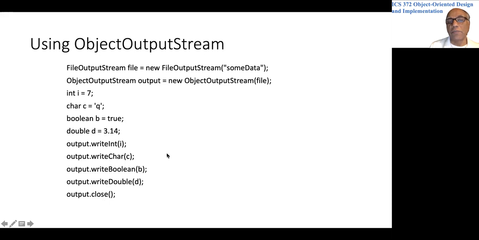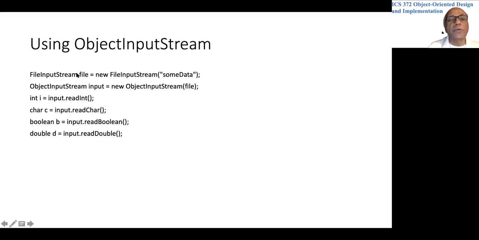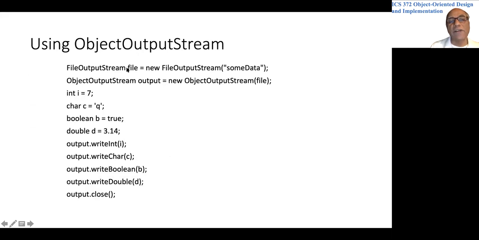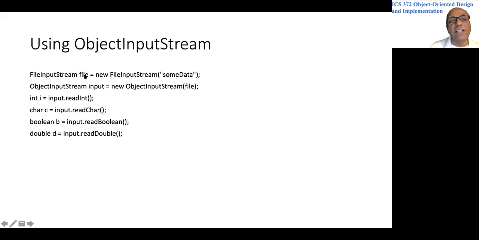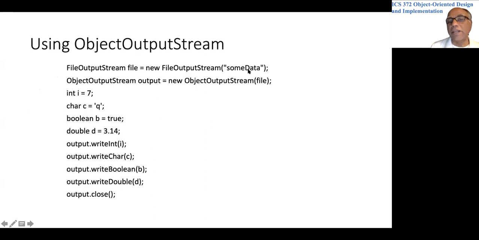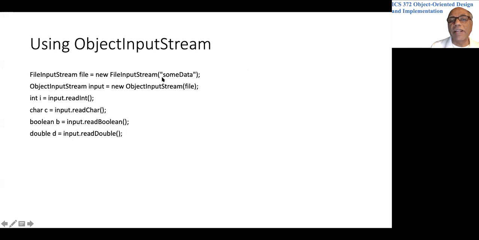Of course, simply printing it out may not make much sense to us. If you want to retrieve that data, you will have to do the code given here. You write code like this: FileInputStream. Look at this. This is FileOutputStream. Now we are saying FileInputStream and refer to the same file someData. We created someData in the previous slide. Now we are reading that file. So this connects to this file someData on disk,